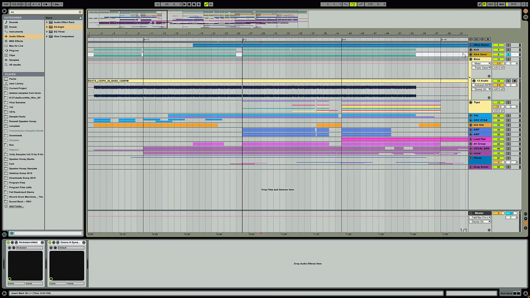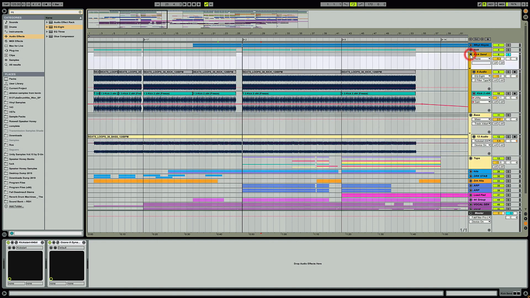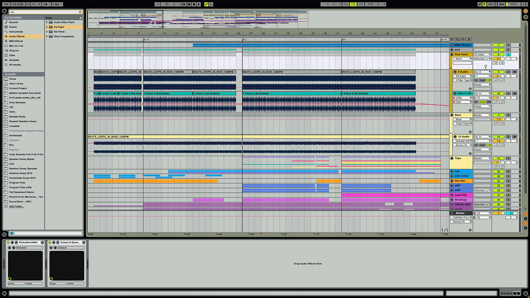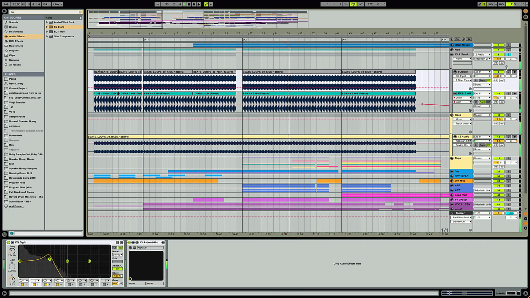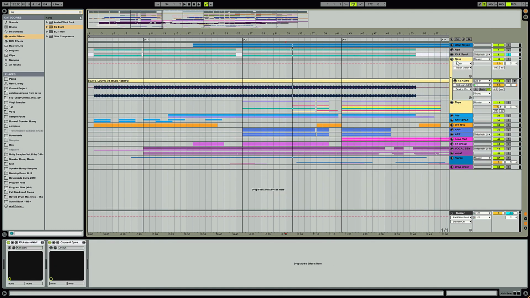So what I did to send the information from the kick to Track Spacer on the bass is I just duplicated the kick group here, renamed it Kick Send, and then I routed it to the bass audio, and then here, right? And then I sent that to the Track Spacer sidechain. So now this kick send is just going directly into the Track Spacer. So now when I solo it, all you're going to really hear is the bass relationship. And then so now going back into Track Spacer,